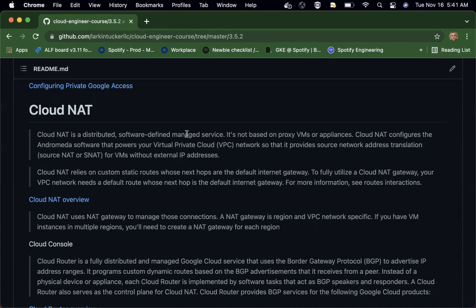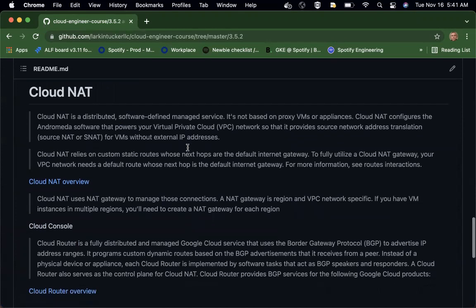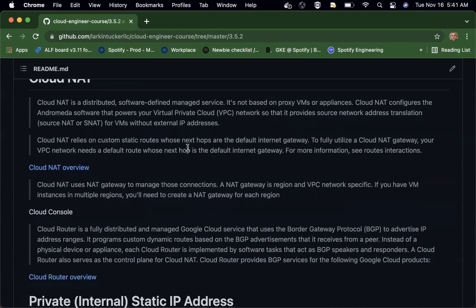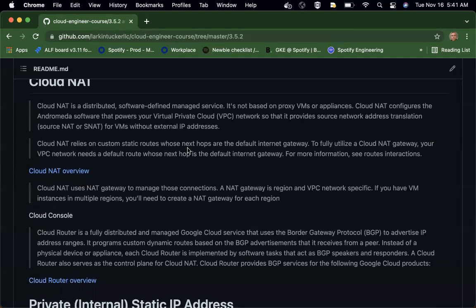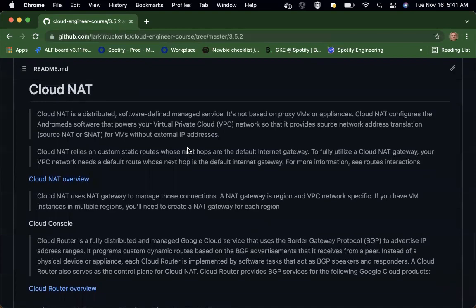trying to solve here. We're trying to get a GCE instance with both access to Google APIs as well as access to the internet itself, but without being accessed by the internet. Okay, so what we'll do is we're just going to go in and enable